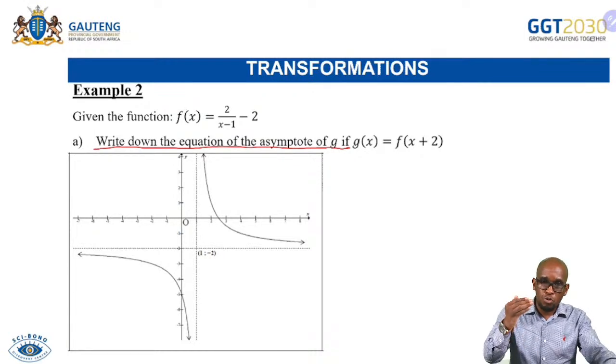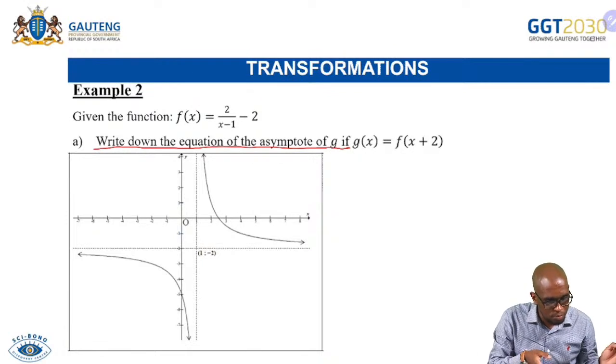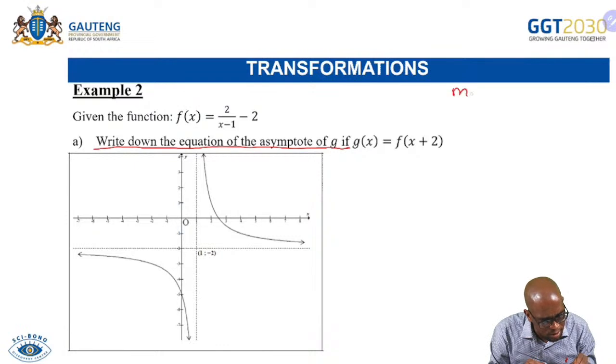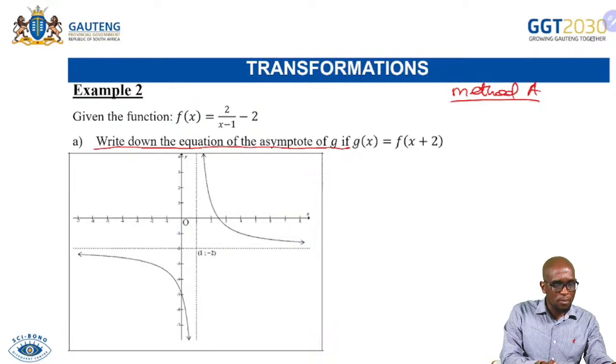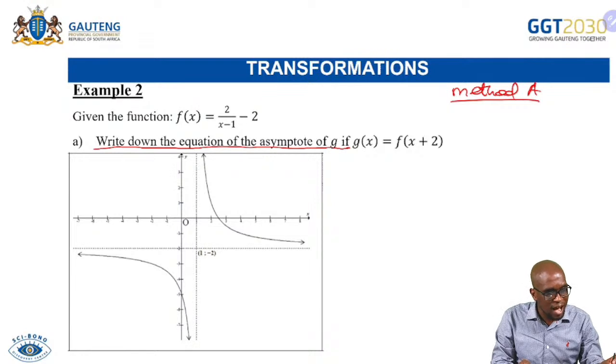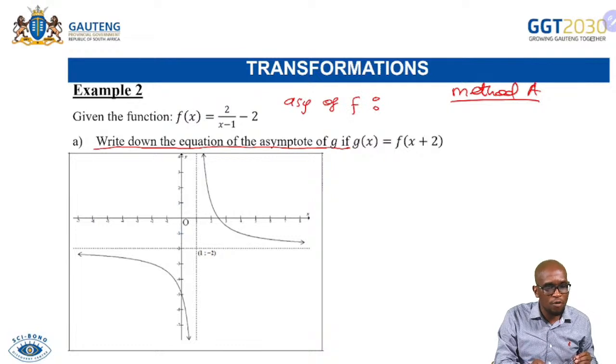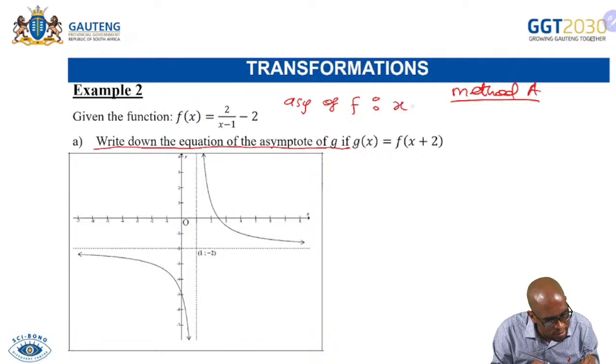Or you derive a new equation, and after getting the new equation, you get the value of the parameters. Now, with method A, I'll just quickly write down the two methods. With method A, what I'm going to do is write down the asymptotes of f, the original function. So the asymptote of f will be x equals 1